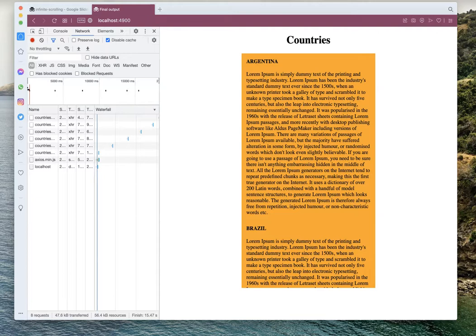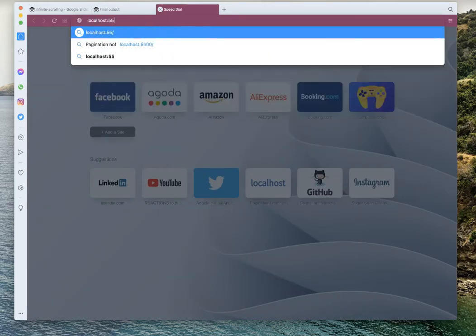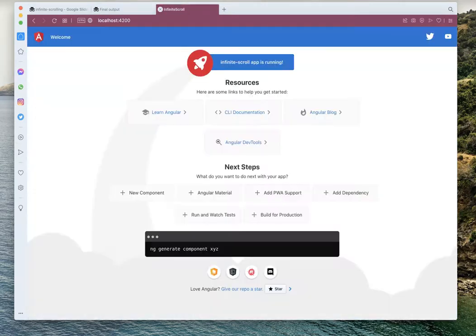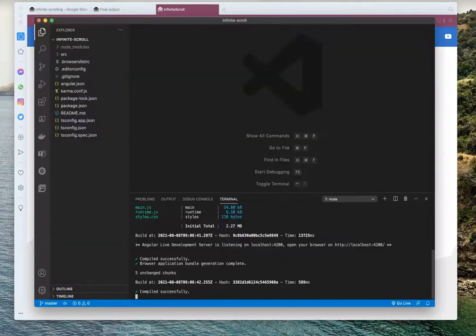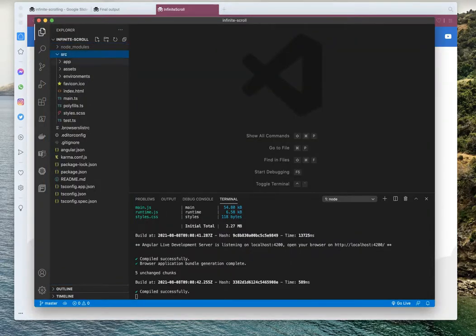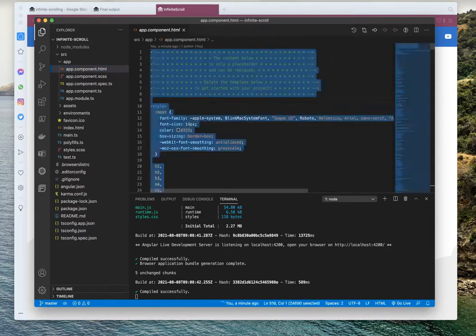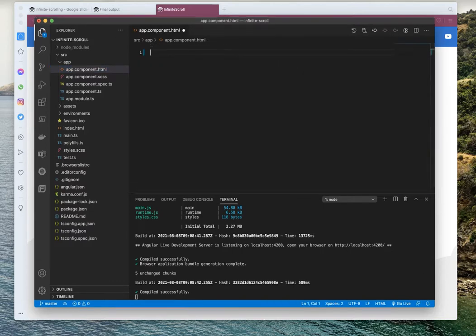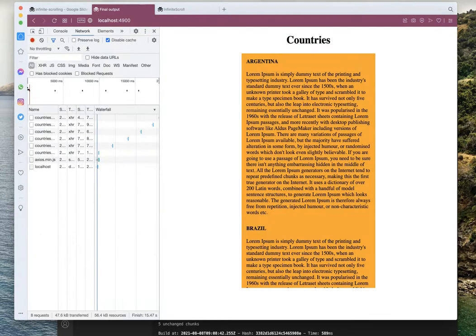Let's open the port. We'll remove this boilerplate code and let's start implementing this.